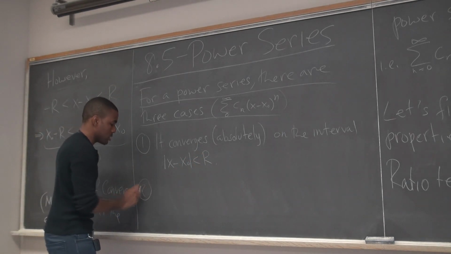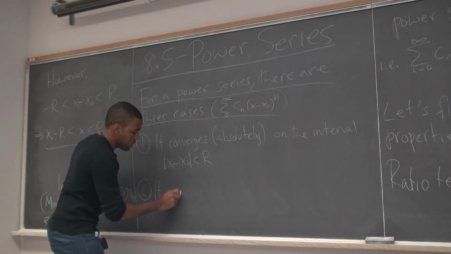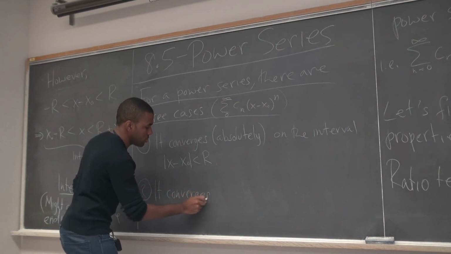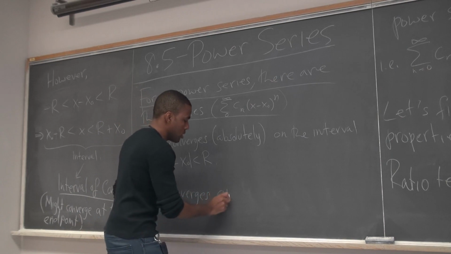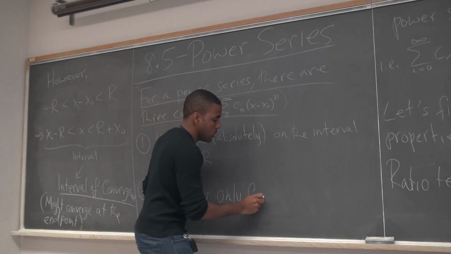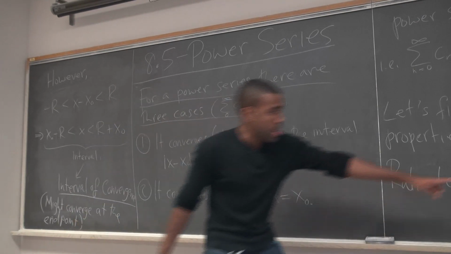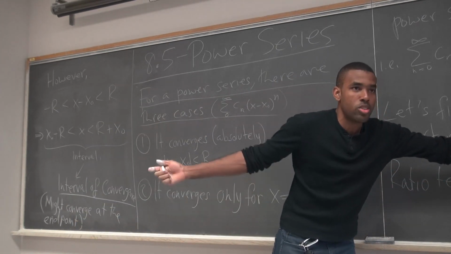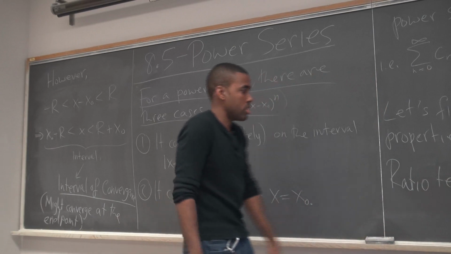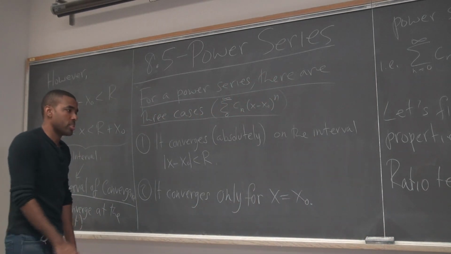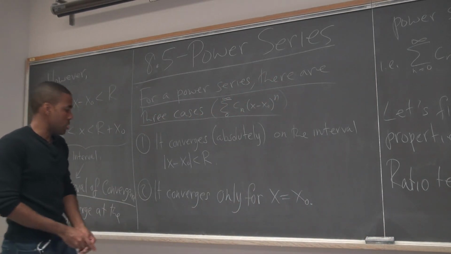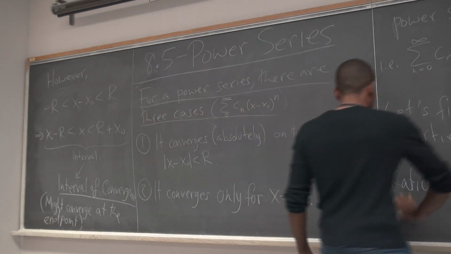What's a second case? It converges only for x equals x naught. That's also a possibility, because if I plug in x equals x naught, I just get 0. I'm adding a bunch of zeros. It's going to add up to 0. So it could converge if my x equals x naught. A third case is,